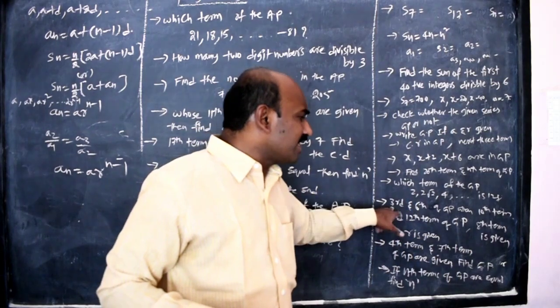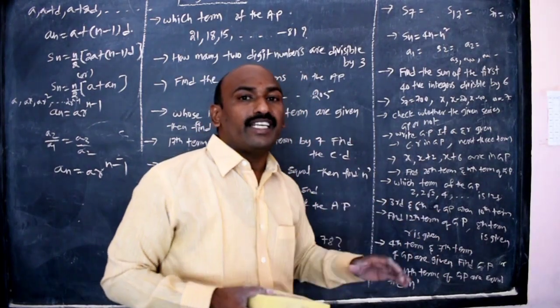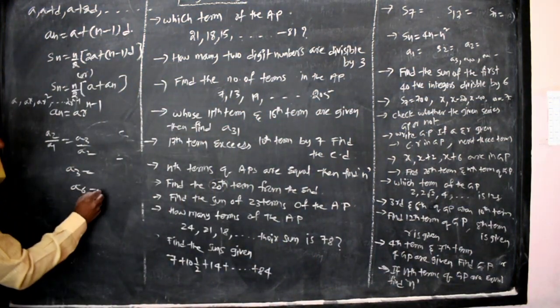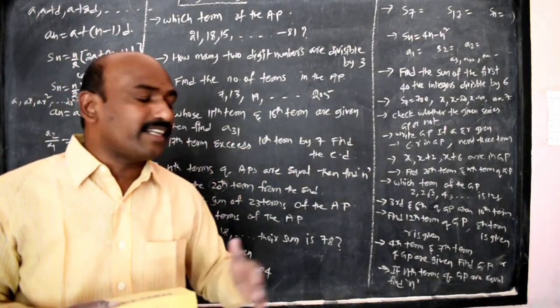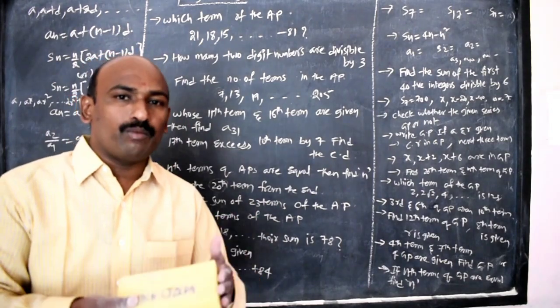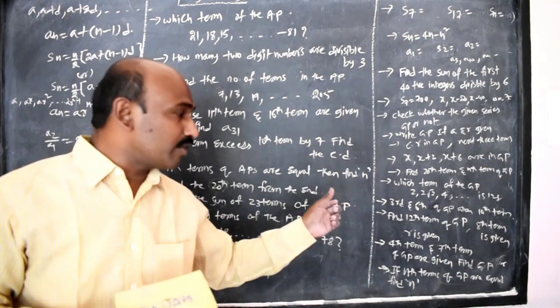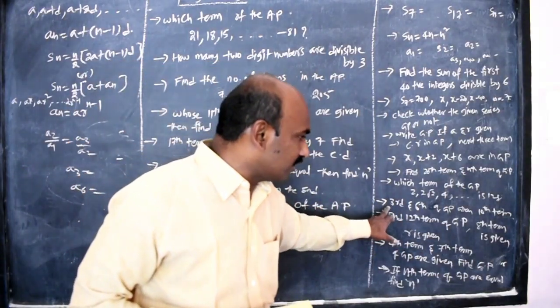Sometimes they can give the third and sixth term of the GP, and then we can get the 10th term of the GP. Here the third term they will give, the sixth term they will give. What is the difference? In the AP we use the elimination method. In the GP we need to divide equation 2 by equation 1. One of the variables, a, is eliminated, then you will get r. If you substitute that r in the other equation, we will get a. Then if you know a and r, we can get whatever term in the GP series.